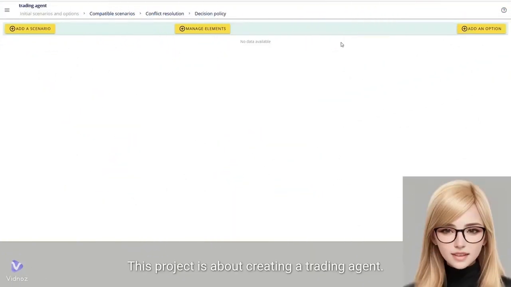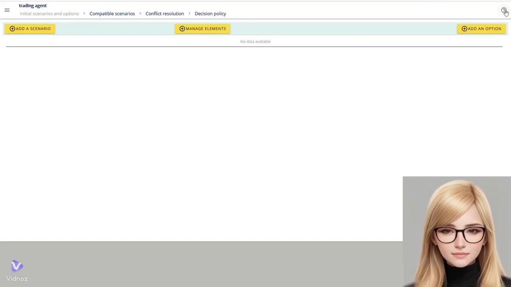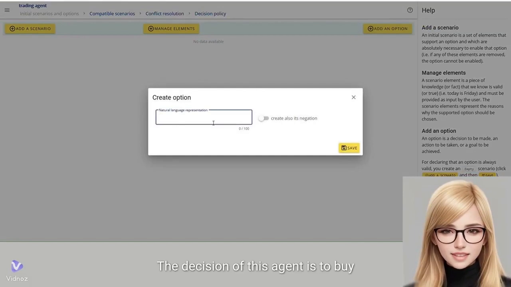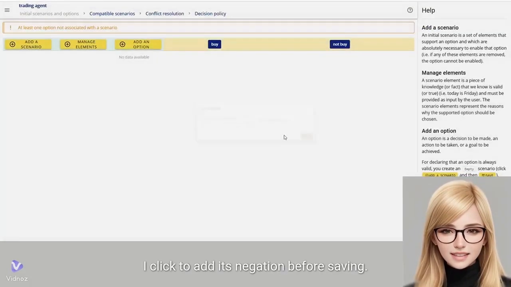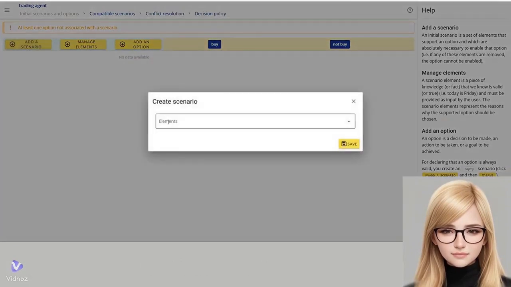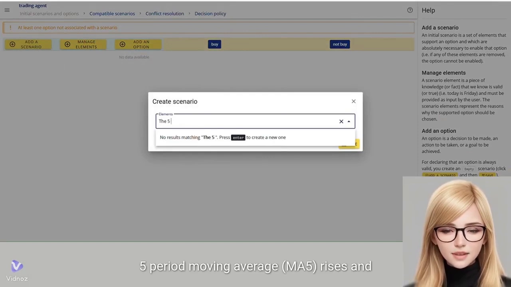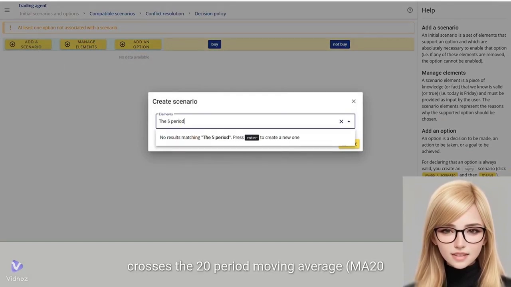This project is about creating a trading agent. I enable the Help Slide Out panel. The decision of this agent is to buy shares in the stock market, or not, thus I click to add its negation before saving. Then I add an initial scenario where the 5-period moving average, MA5, rises and crosses the